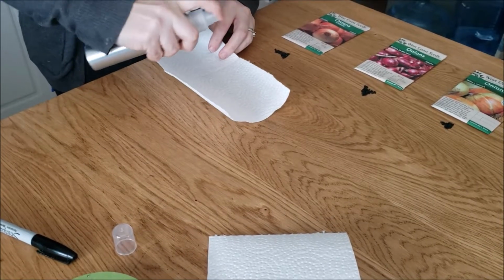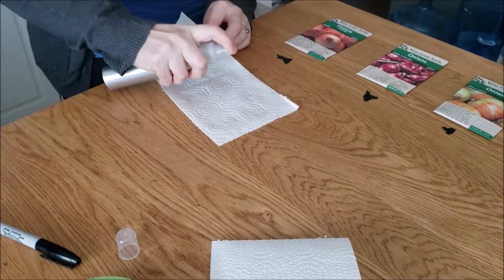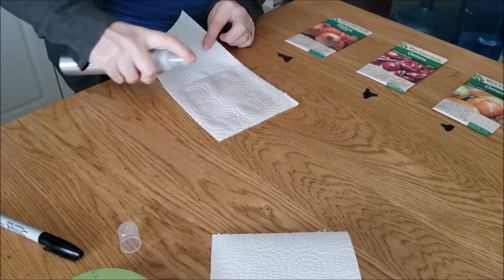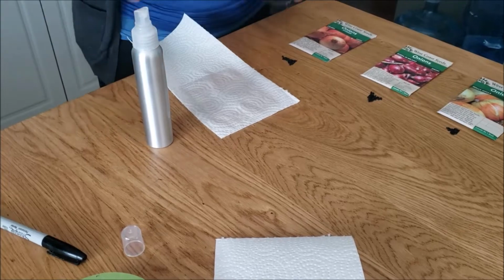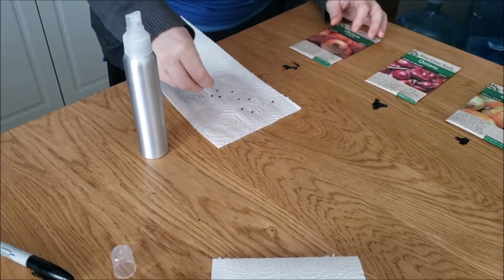So what I'm starting with here is I'm gonna dampen a paper towel, and I've got this little spray bottle here with good clean water. You can use cloth for this, but I was doing some reading and people said it's a lot easier to get the seeds off of paper towels. And I'm just gonna sprinkle my seeds